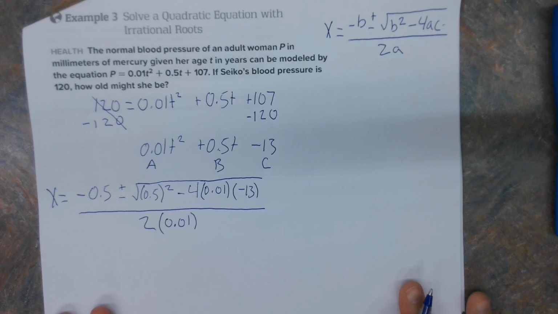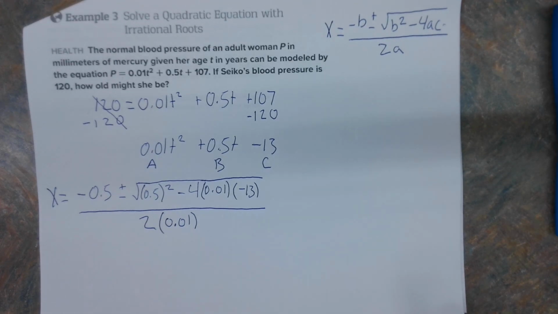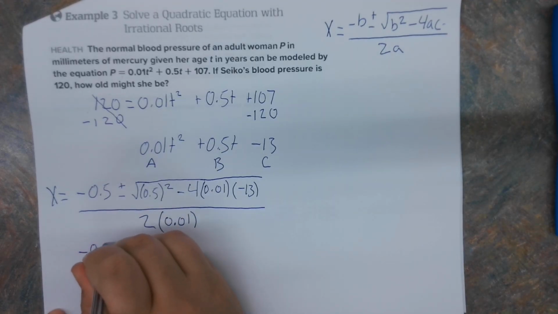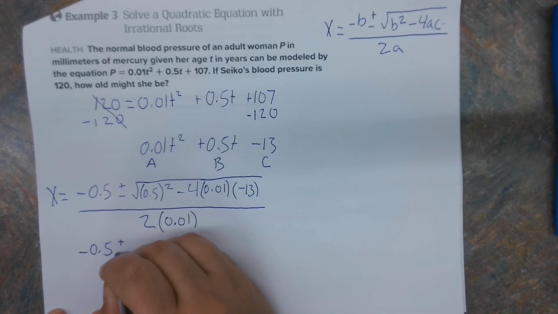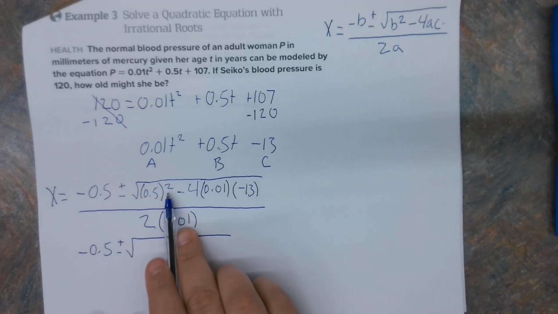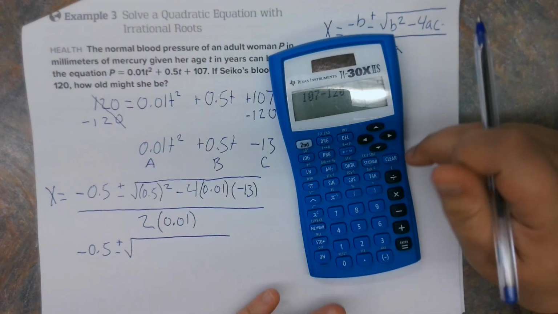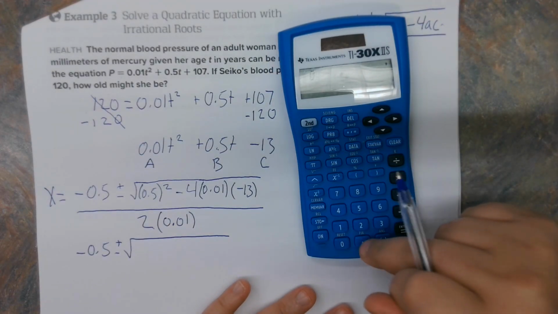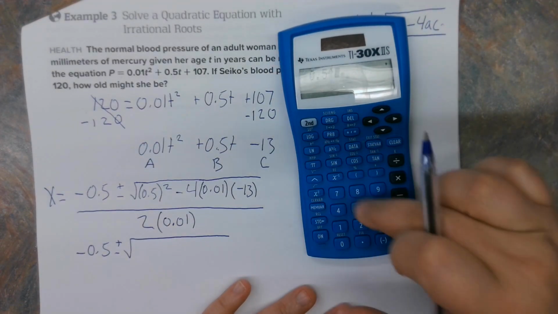Okay, so let's just do the multiplication. It might look a little crazy when we do it, but here we go. This is going to stay negative, so negative 0.5 plus or minus the square root of 0.5 squared. Yesterday, some of you guys tried to do it in your head. Don't do it in your head. 0.5 squared,